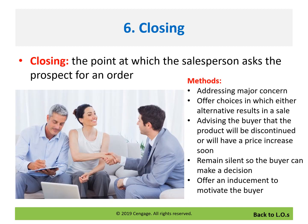The moment of truth in selling is the closing. This is the point at which the salesperson asks the prospect for an order. If a presentation has been effective and the sales representative has handled all objections, a closing would be the natural conclusion to the meeting. The salesperson may use these methods in closing a sale: